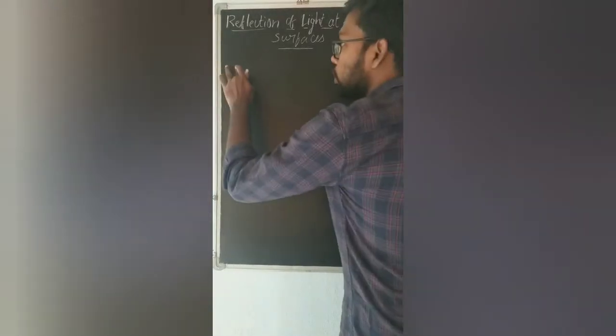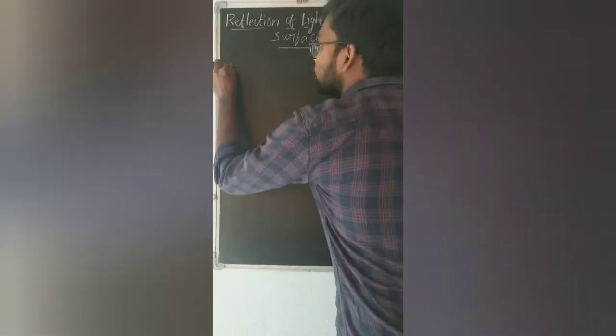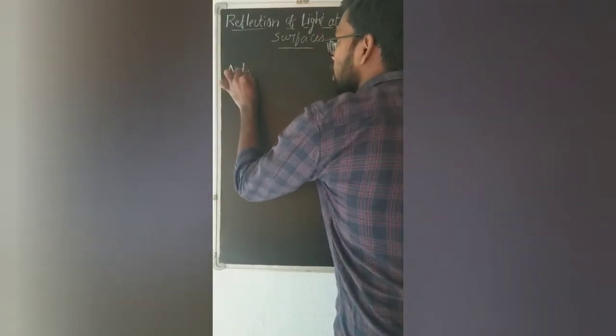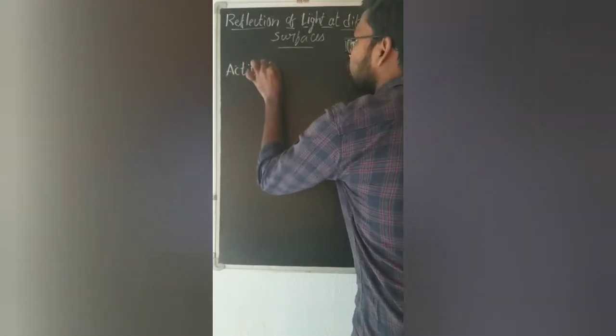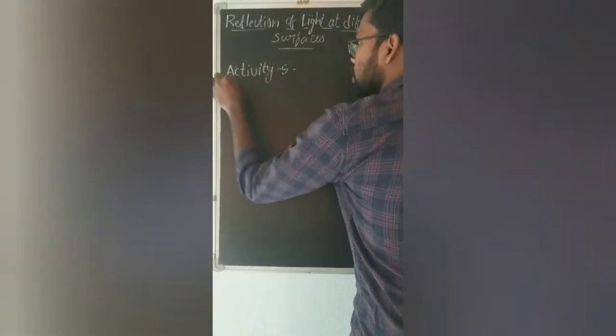Before going to that, we have activity number 5, and based on it we have one lab activity. With that lab activity we are going to discuss image formation by a convex mirror as well as a concave mirror. So, coming to activity 5, how many of you remember activity number 4? Image formation, focal length, focus, all these.